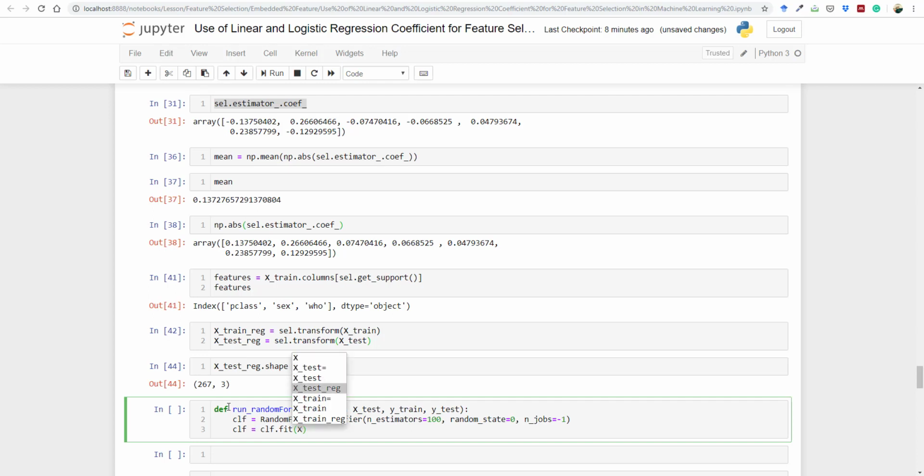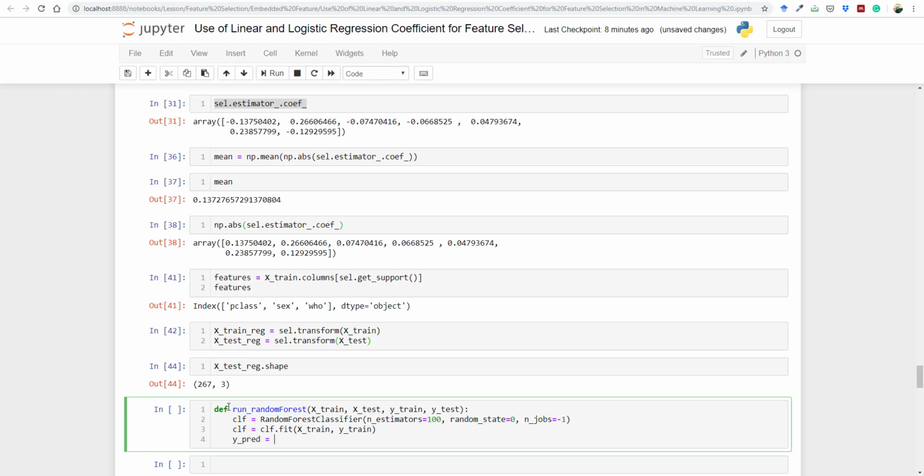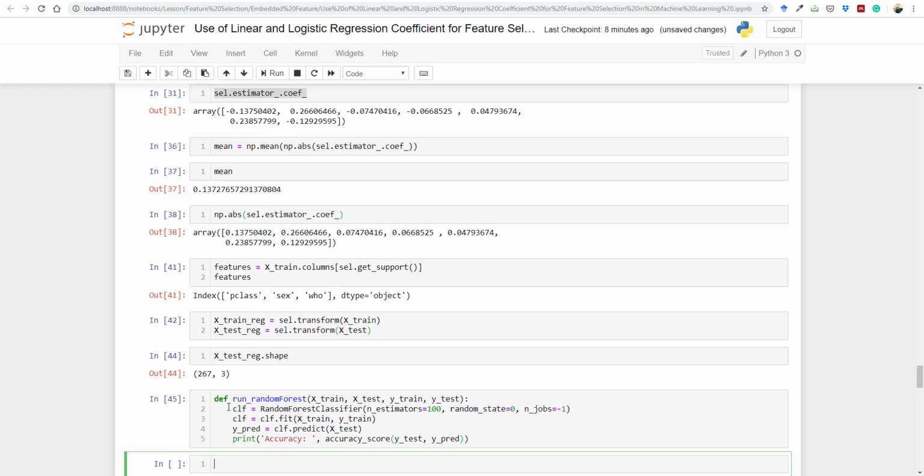Okay, and we have x train, and then we have y train. So this is how it is working. Then here we have y pred is equal to clf dot predict x underscore test. So in this way we can get here the accuracy score, and in that we need to pass here the true value of y, which is the y test, and the predicted value of y, which is y pred. So let's go ahead and run this,